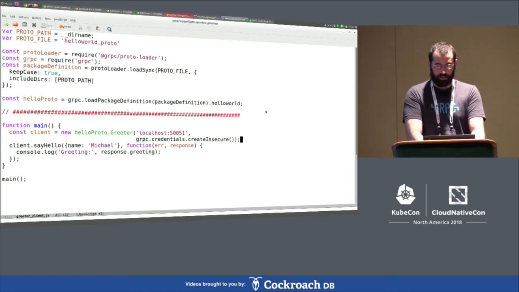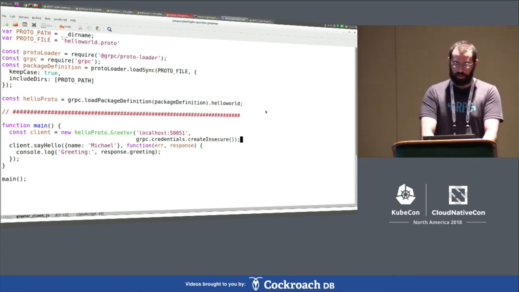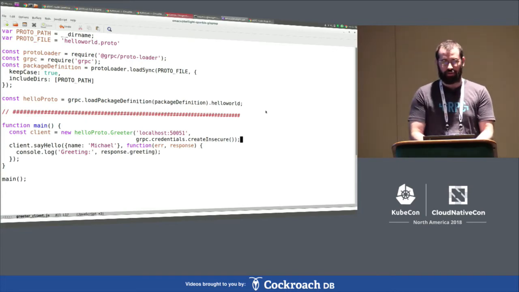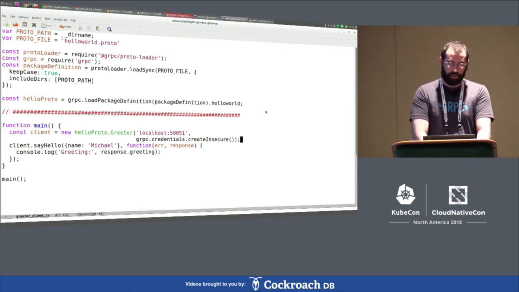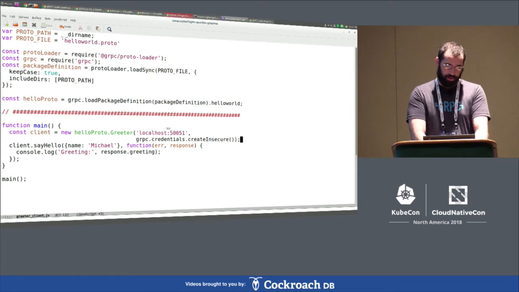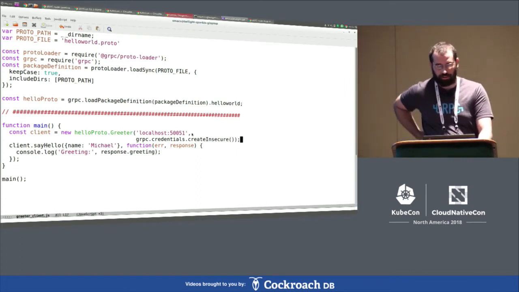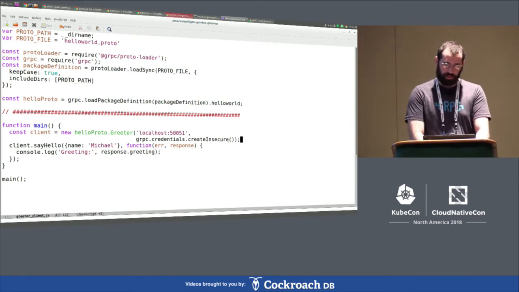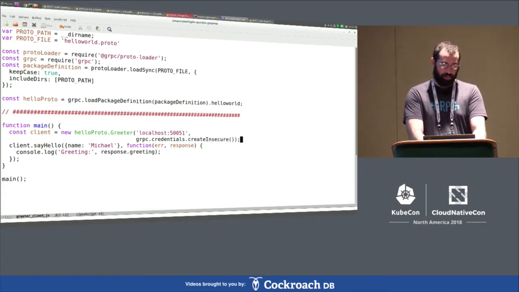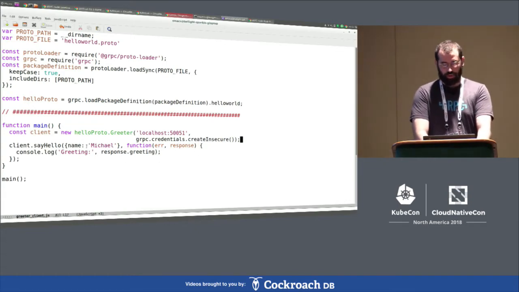This looks like quite a bit, but it's all kind of standardized. You can easily factor this out. And then we simply instantiate the client class with the target address and insecure credentials because we're not using TLS in this case. And then we call the method using